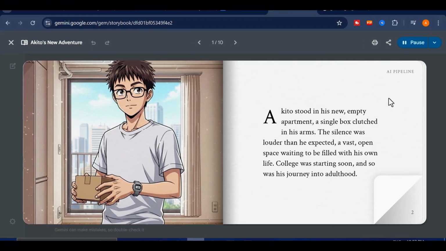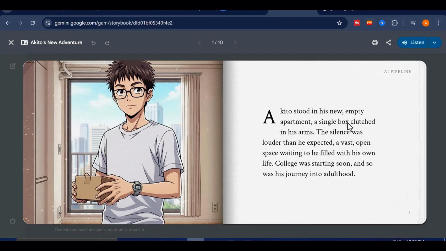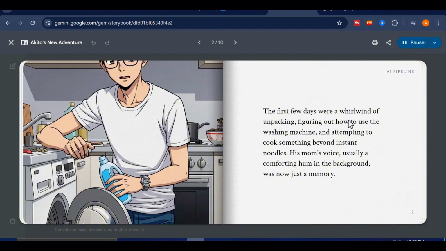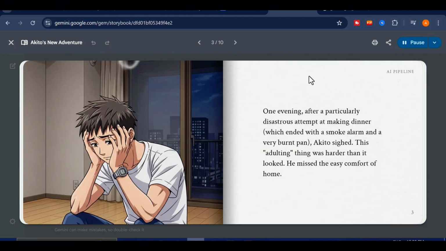Akito stood in his new, empty apartment, a single box clutched in his arms. The silence was louder than he expected, a vast, open space, waiting to be filled with his own life. College was starting soon, and so was his journey into adulthood. The first few days were a whirlwind of unpacking, figuring out how to use the washing machine, and attempting to cook something beyond instant noodles. His mom's voice, usually a comforting hum in the background, was now just a memory. One evening, after a particular and a very burnt pan,